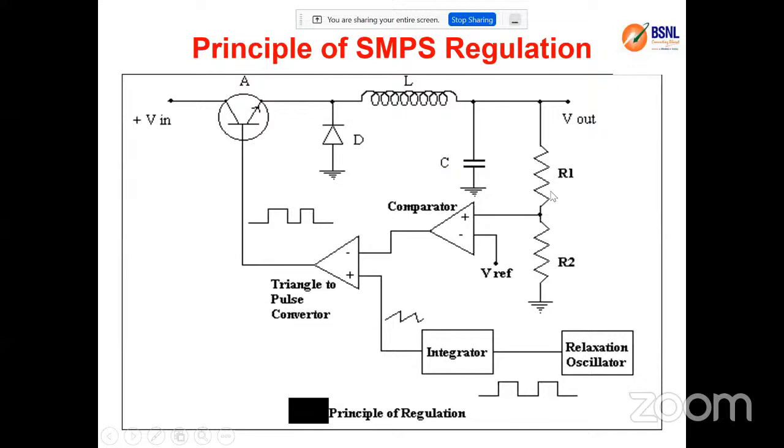The comparator is nothing but something which takes a sample from the output. Accordingly, if the output voltage is lower, it has to increase the base current so that the on time will be more. If the output voltage is higher, we have to reduce it, so that the duty cycle will be adjusted in such a way that the base current will be reduced so that the on time will be reduced. So like the simple reference model, the base current of the transistor is adjusted and accordingly the on time and off time are varied.